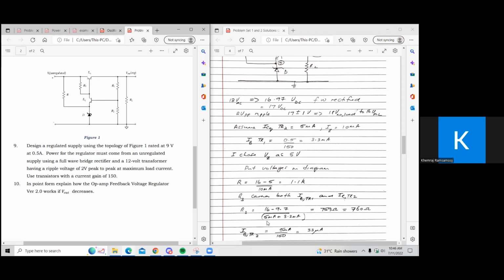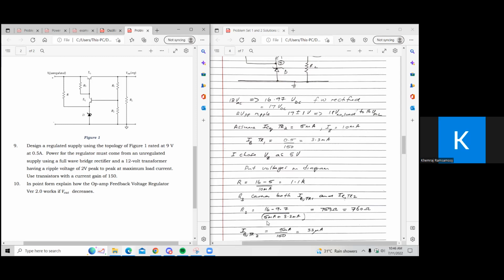Since Vout is 9 volts, it will be the 9 volts plus the 0.7. That's how they got that 9.7 volts. Right, then they take the